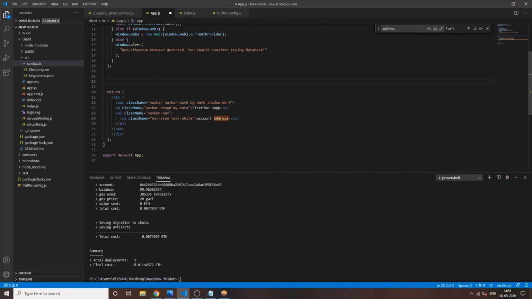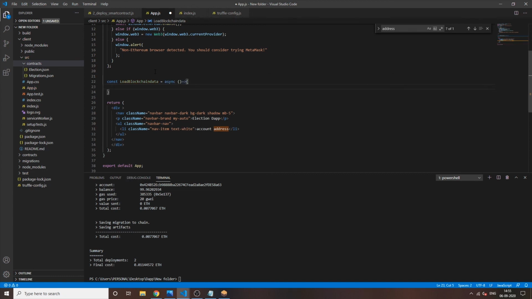Now we will define a function so that we can interact with the blockchain. Just const loadBlockchainData, as an async await call. First of all, we will access Web3.